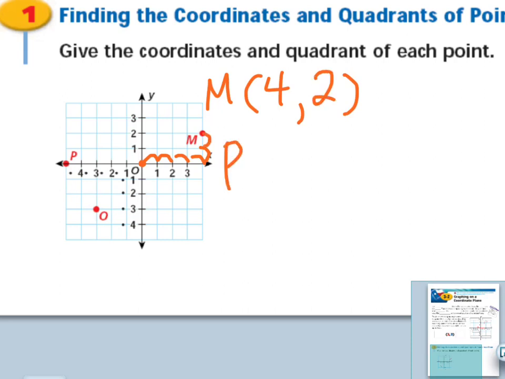Now let's do P. We're going to start with the origin again. We're going to go back. Because we're going back, our x-coordinate needs to be negative. So we're going to go back 1, 2, 3, 4, 5. So it's a negative 5. And notice we don't go up or down at all, so our y-coordinate would then be 0. I also forgot, we'll go back and do that in a second. Okay, so